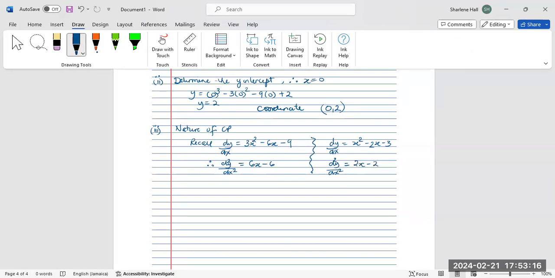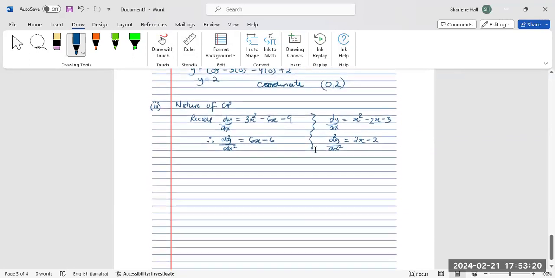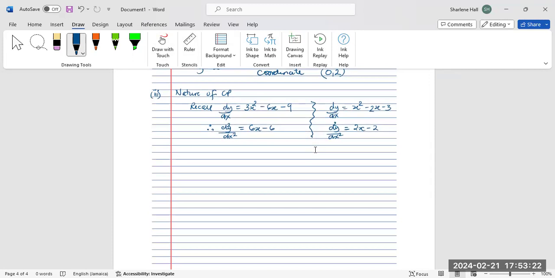So for my critical point, 3 comma negative 25, d squared y by dx squared is going to be equal to 6 times 3 minus 6. 6 times 3 is 18, minus 6 is going to give you 12, which is positive. So we're going to have a relative